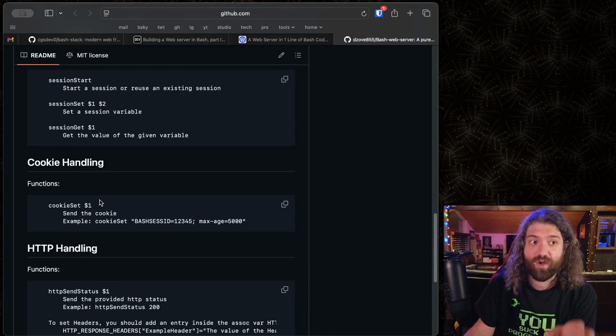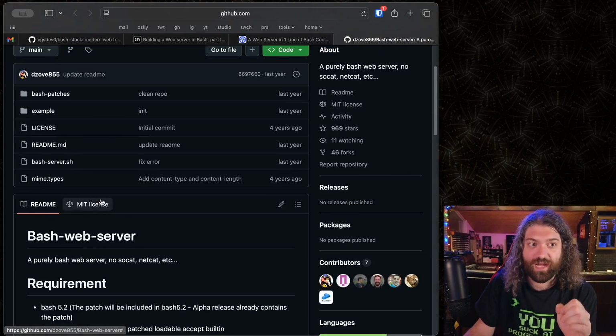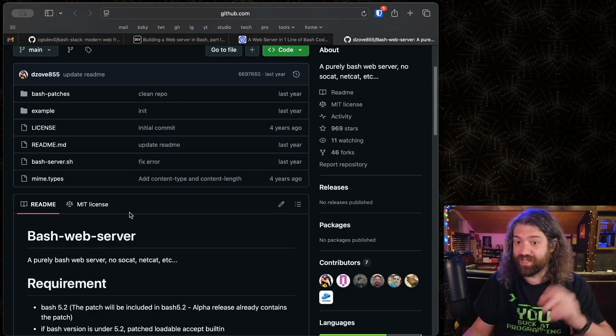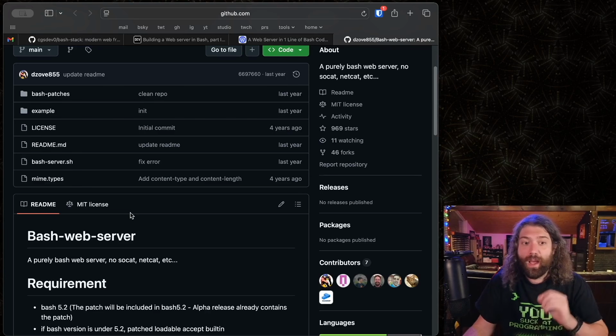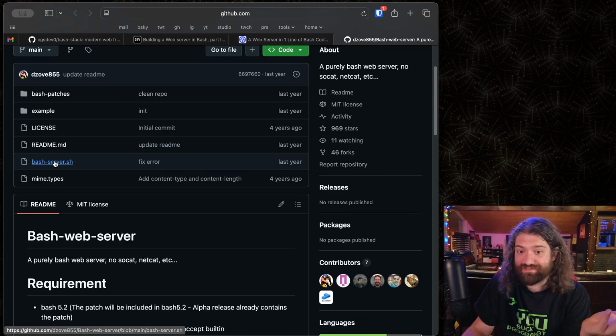So this is doing what we're doing. Like I said, I'm not the first to do this, but this is doing what we're doing. Huge shout out to this. They even had their own patches to it. So if you're using the accept built in, you're using their patch, which is super cool. It's super awesome. Unfortunately, it still fails from the same problem that we have, which is, you know, it does